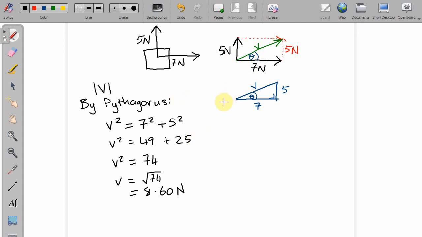Now we need to get the angle. So let's work out the angle for this. We'll do this in a different color so that it's more clear. We're working out this angle theta. Now we could put this 8.6 in here. We could say, well, this V is 8.6, so we now have 7, 5, and 8.6 for the different sides of the triangle. But let's avoid that in case we've made some sort of a mistake in calculating the